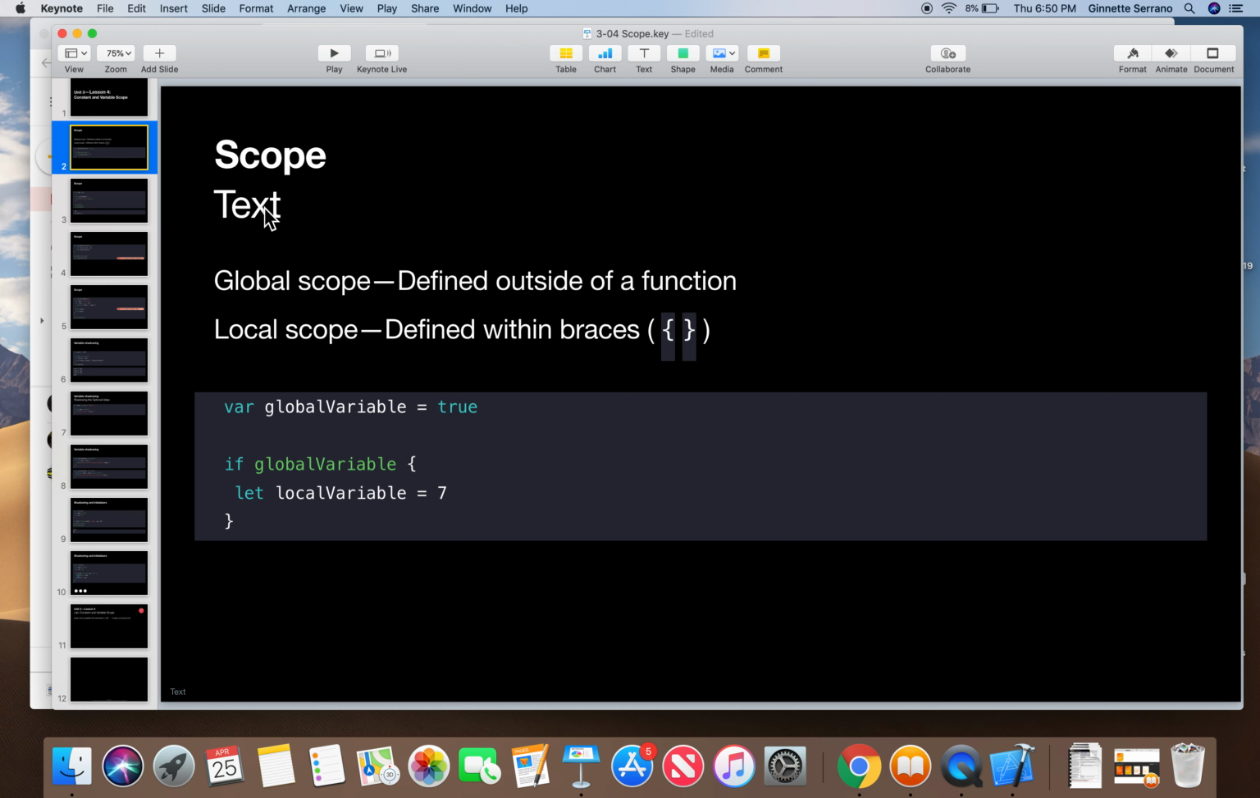So whenever we talk about variables, we talk about the scope, meaning where can the variable be used. A variable with global scope is defined outside of a function. And a function, we can think of it as anything that doesn't have the open and curly braces. Local scope is defined within the curly